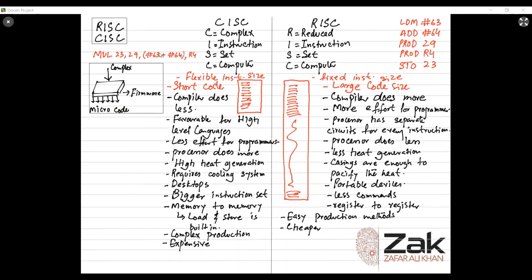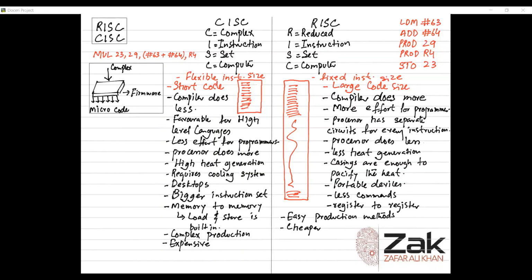सही हो गया. बिगर इंस्ट्रक्शन सेट मतलब हमारे पास ज्यादा इंस्ट्रक्शंस हैं, यहाँ पे कम इंस्ट्रक्शंस हैं. मेमोरी टू मेमोरी मींस देखें अभी क्या होता है कि अभी हम डेटा को लेकर आते हैं मेमोरी से प्रोसेसर में, और फिर हम उसको प्रोसेस करते हैं, और फिर प्रोसेसर से लेकर जाते हैं वापस मेमोरी में रख देते हैं. तो ये क्या होता है जिसको हम कहते हैं RISC में जो हमने पढ़ा है वॉन न्यूमैन आर्किटेक्चर में, दैट